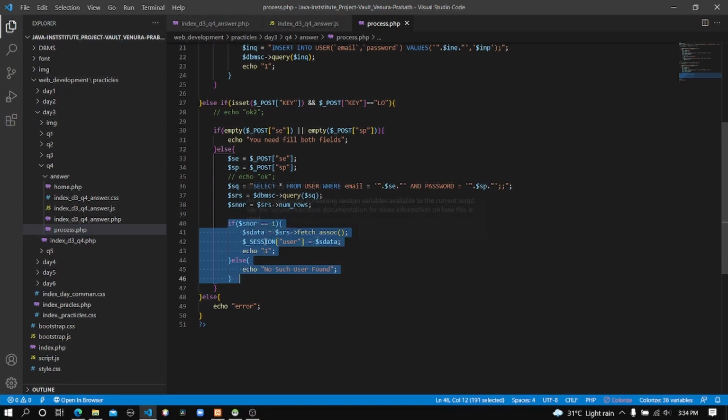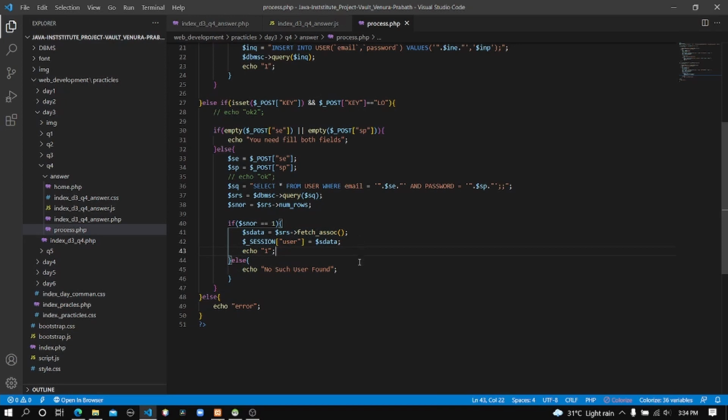If SNOR, that's the number of rows in our result set, is equal to 1, that means a suitable email and password is already registered in our system. That means he is a valid user. So if it's equal to 1, it will execute these 3 code lines. If it's not equal to 1, that means there's an error, or that user is not registered in our system. So it will execute this code line, no such user found.